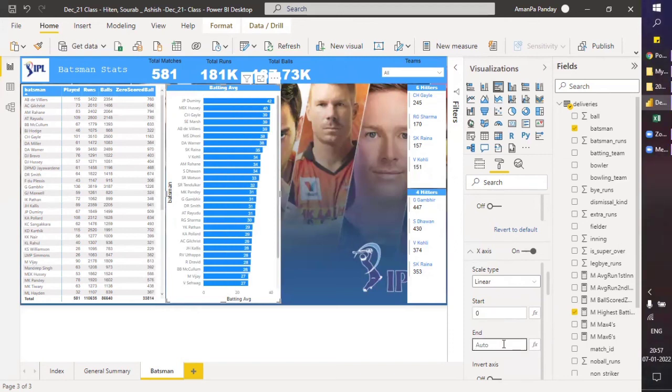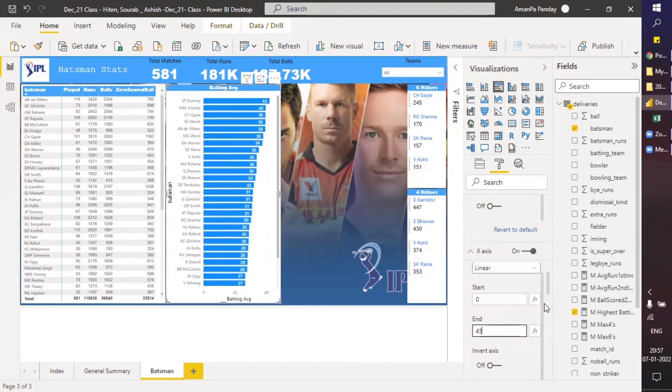Let me just make this 45. This is now looking better. There was a lot of space missing. If we do it 50, then no one is above 40. Okay, let's make it 45. That will be better.